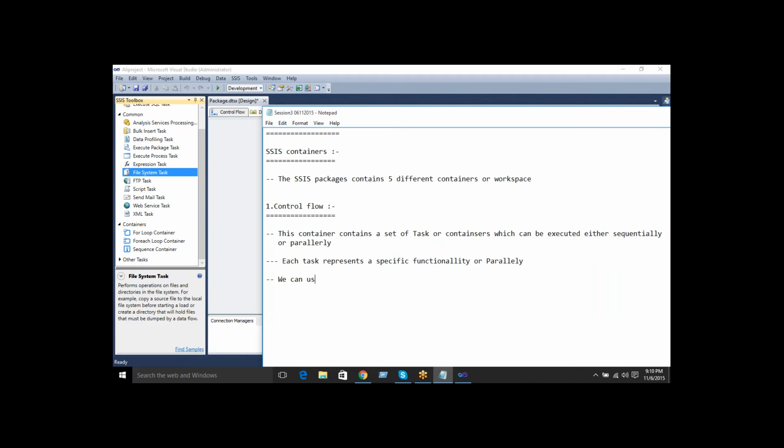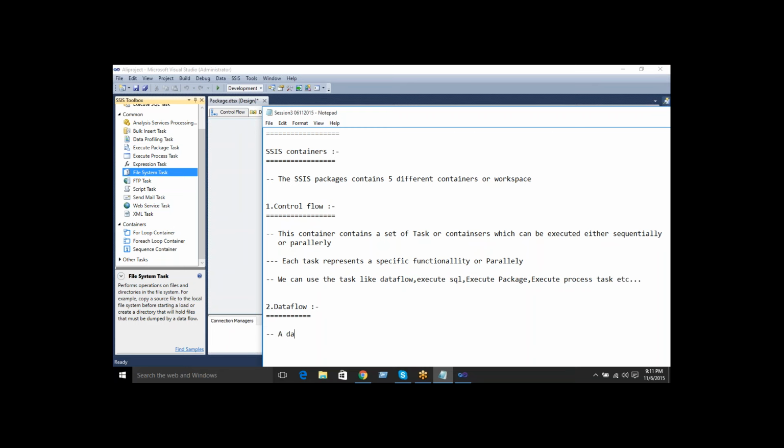We can also use tasks like data flow, execute SQL, execute package task, and execute process task. These are some of the different types of control flow tasks and items in the control flow. Coming to the next one, the data flow. What is the data flow?